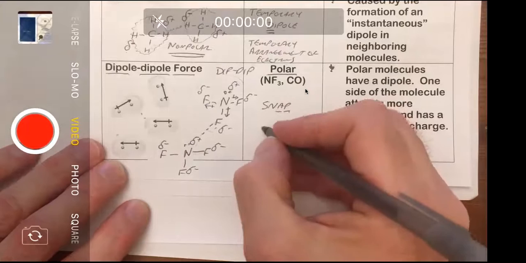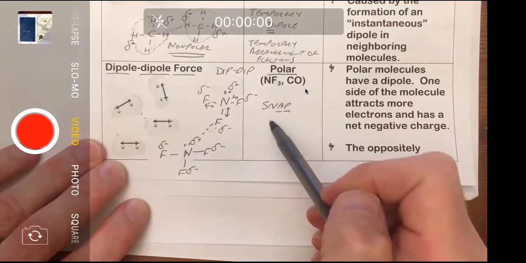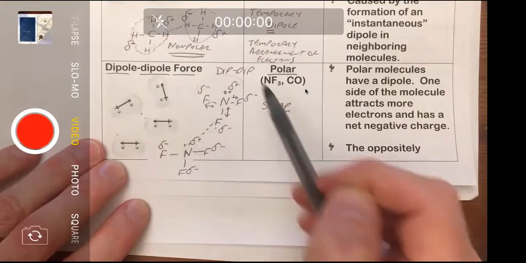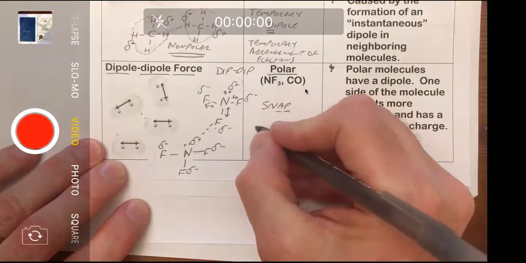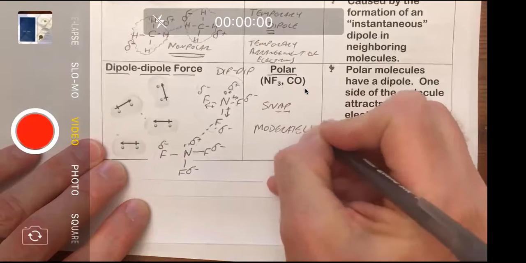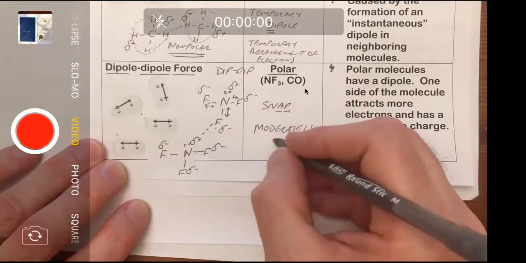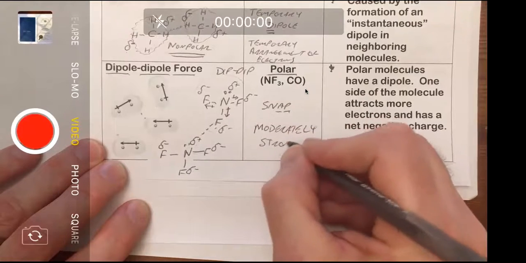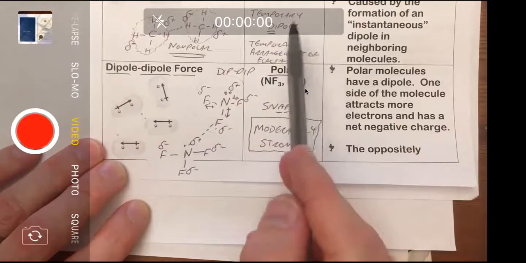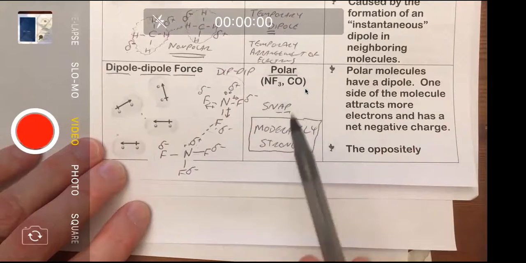if you've got a polar molecule, you know that you're going to have not only LDFs, because everything has electrons, but the more important thing, what's going to create all the properties of these particular molecules? These ones, these are moderately strong, because we know that positives and negatives attract each other. It's just the way the universe works. So these are going to typically be stronger than your London dispersion forces,